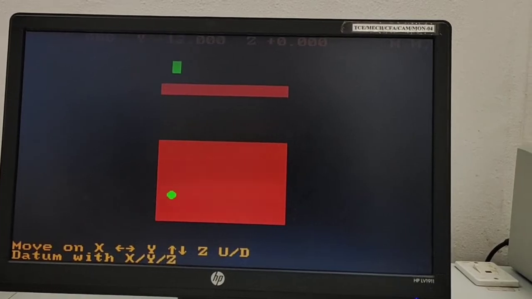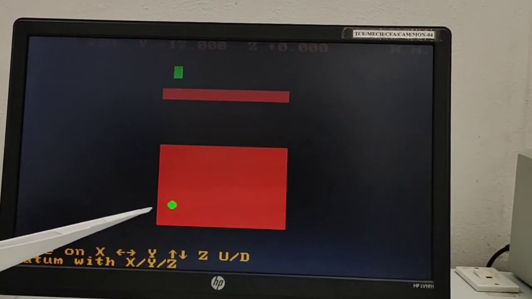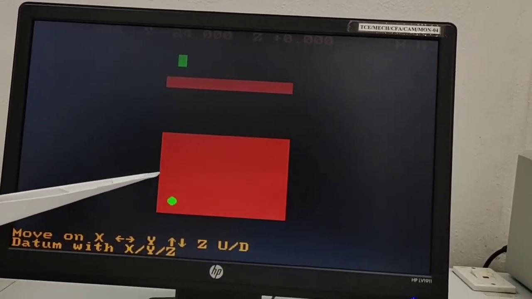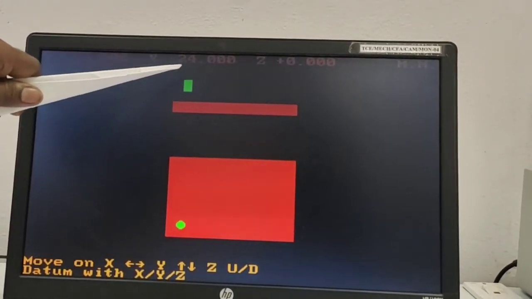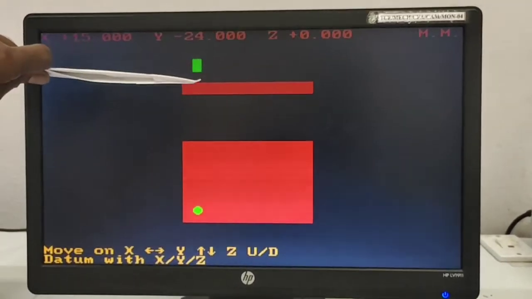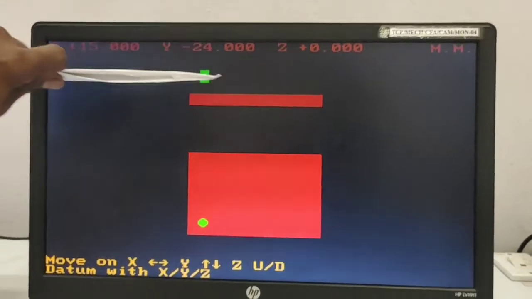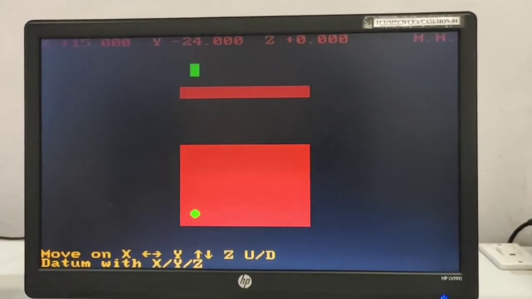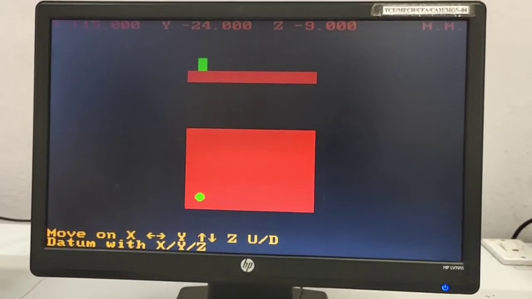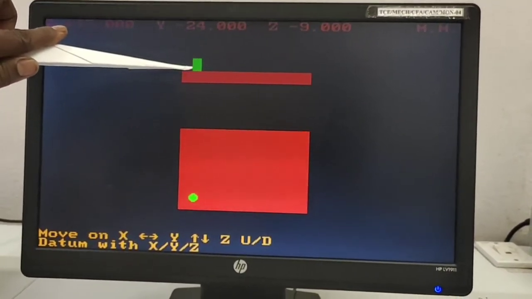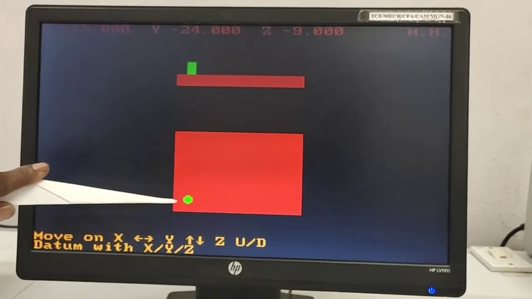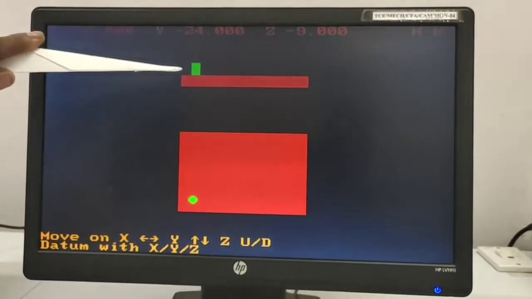Down arrow. First you have to set x and y. So here I am setting the datum point. Then you have to set the tool. Because the tool is away from the component, now we touch the tool to your component by using the D key. The D key is used to move the Z axis. Here the tool will touch the surface of your component. This is the side view. This is the plan view. In the plan view x and y will be set. At the same time, in the side view the Z axis will be set.